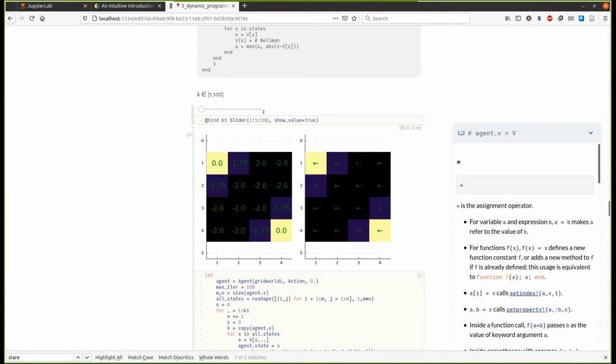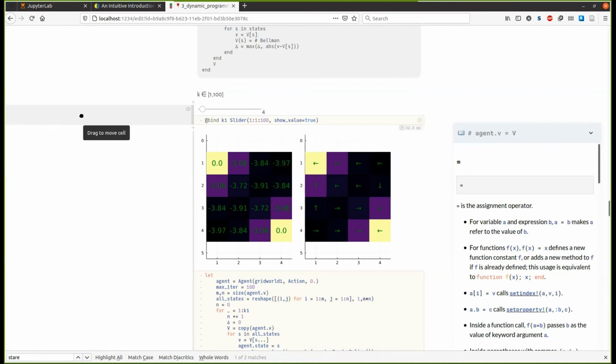I would have had to find those symbols, but I was lazy to do that. Basically, these arrows just point in random directions. But after just a couple of steps, you see that the arrows are already pointing in optimal directions,